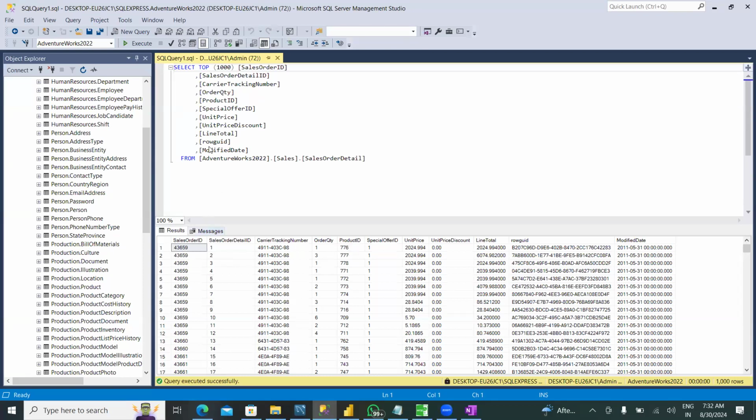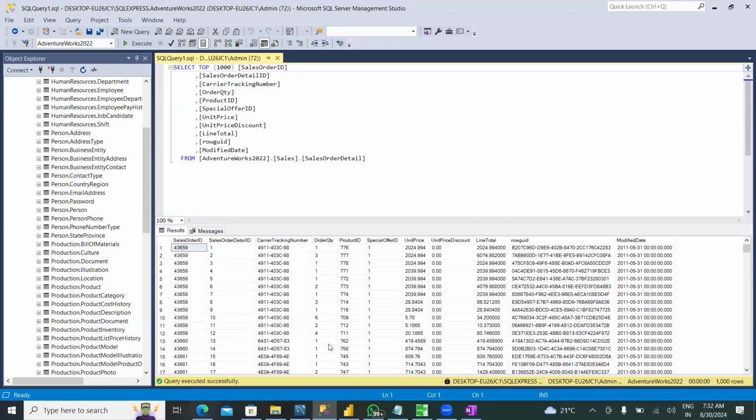So basically what I can do here is select star from AdventureWorks2022.Sales.SalesOrderDetail where OrderQty greater than or equal to 5. Hope you guys know this, right? So that only the records with the order quantity greater than or equal to 5